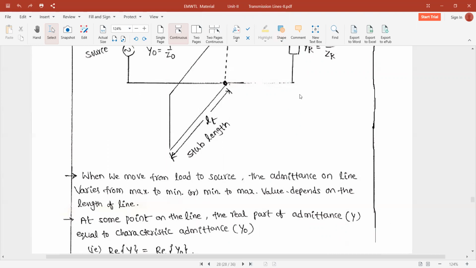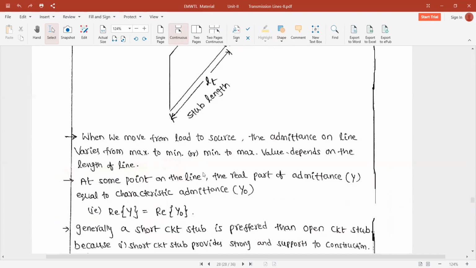The length of the line, you see, impedance matching occurs when we can take the length as lambda by 4. It depends upon the length of this transmission line. From the load to the source, the impedance of the line varies from maximum to the minimum or minimum to the maximum. At some point on the line, the real part of impedance Y is equal to the characteristic impedance